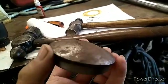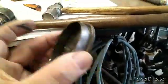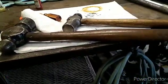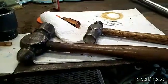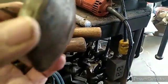It's a lot better than it was. Yeah, there's some dingies on the inside. That's what I had to do to get it out. There's the two tools of choice. If I could have been able to hold that better, then all I had to do was hold this on and not hold the whole thing in one piece. I could have maybe used two hands and used both hammers at the same time, but I alternated back and forth. And honestly,